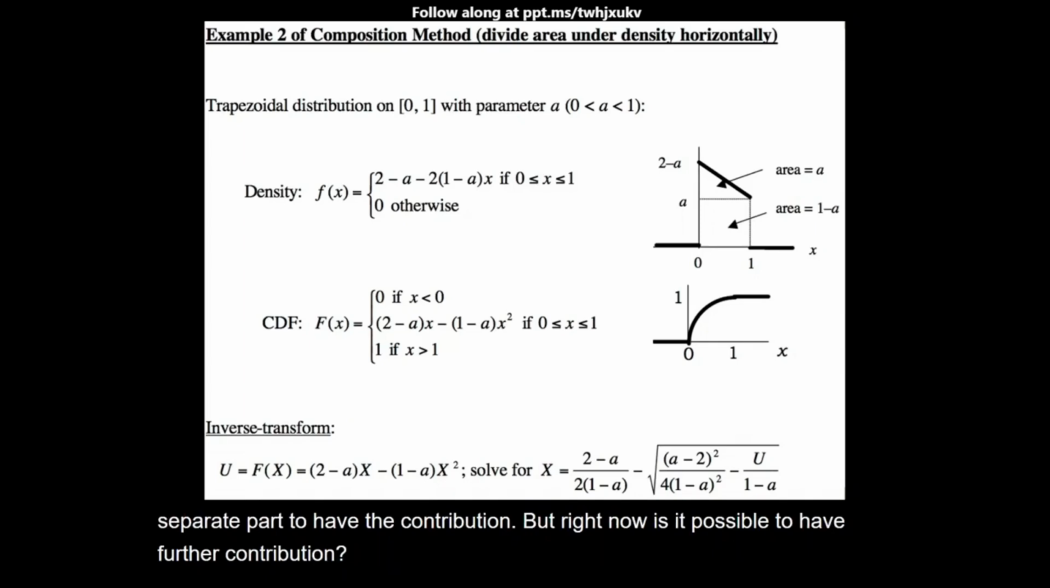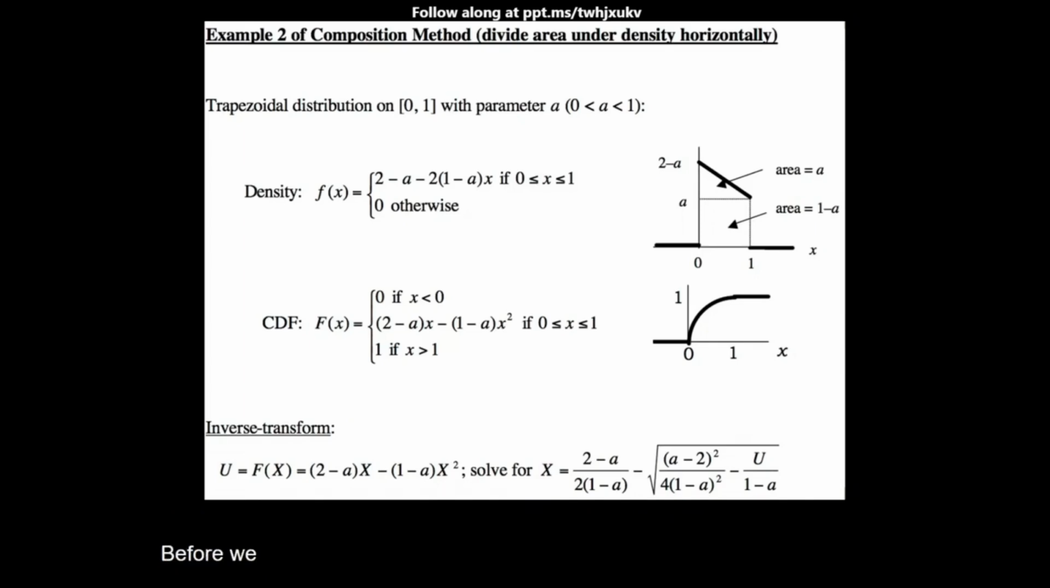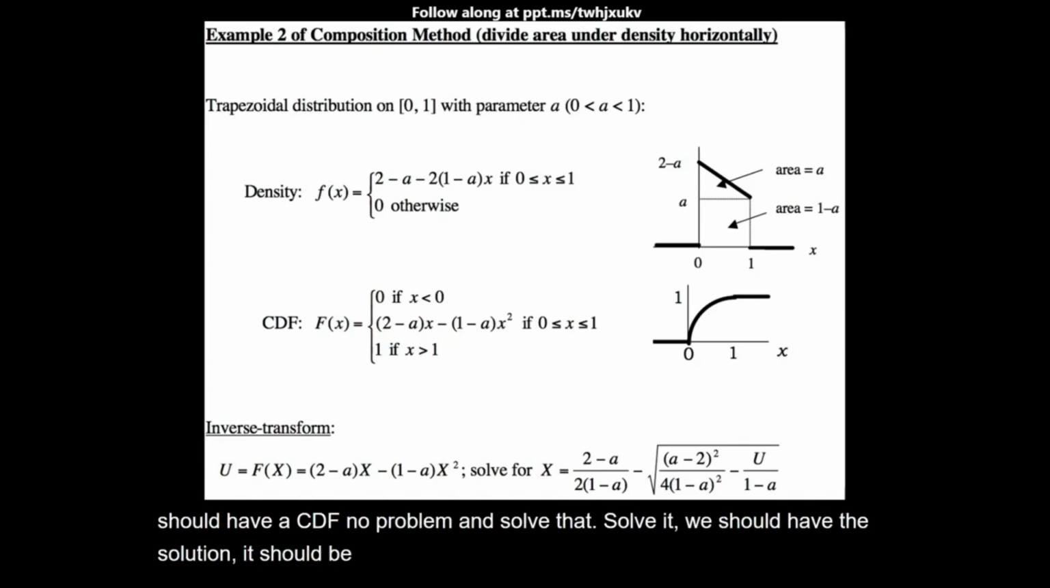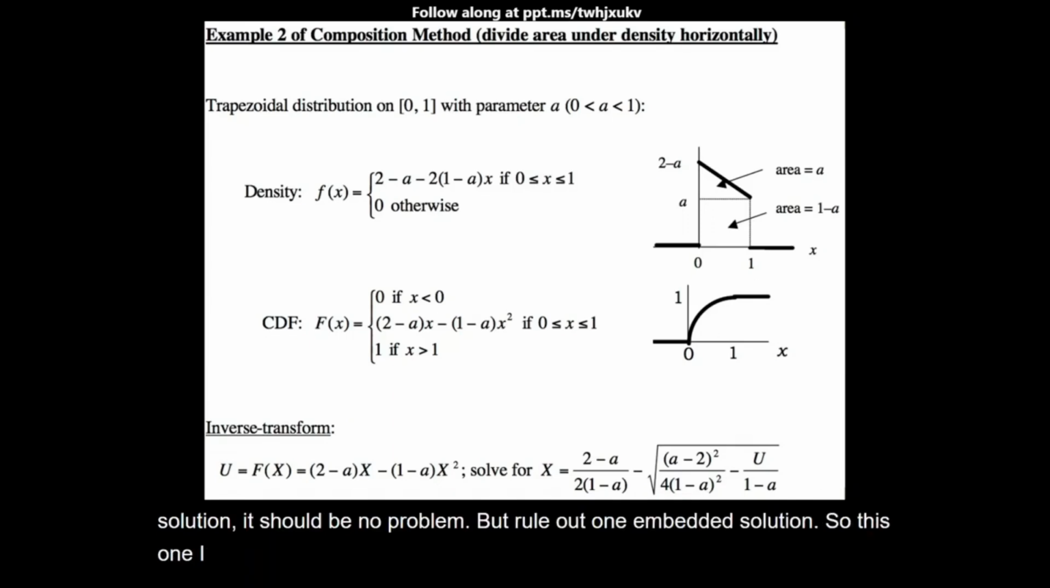Before, we have the composition. At least for the line here, it should be no problem. For a line, we should have a CDF, no problem. And so that solves it, we should have the solution. It should be no problem. But rule out the invalid solution. So this one, I think it's okay for the transform. However,